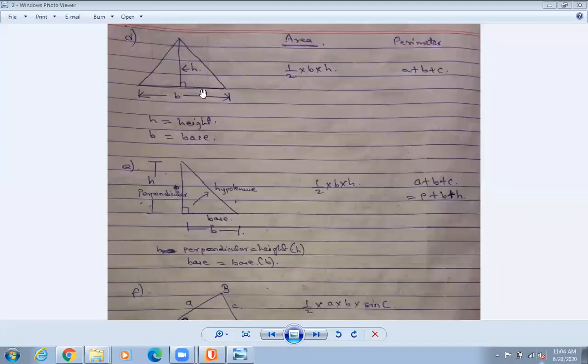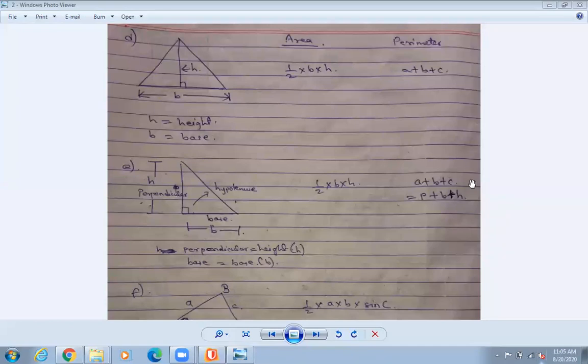Some people take the base only this much, but no, the triangle is whole, it is a big triangle. That means this whole figure is the base. The height can be anywhere. If there is 90 degree, that is called height, and this one is called the base. So half into base into height will be the formula of area of this figure. So perimeter will be a plus b plus c. Just remember, perimeter is that only. Okay. Now next one